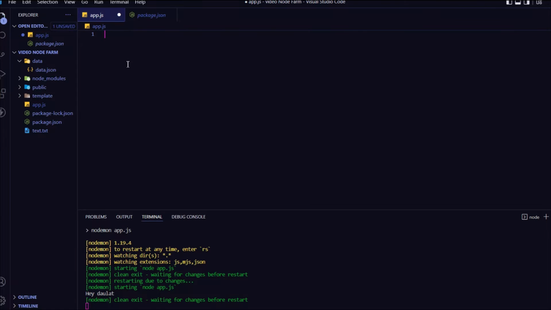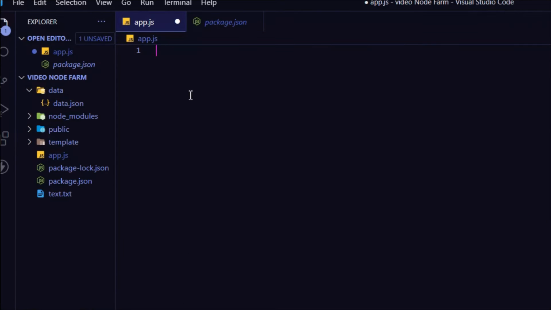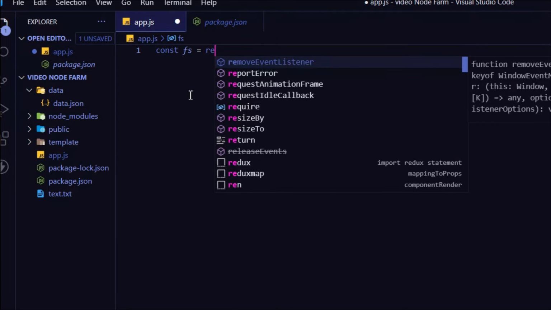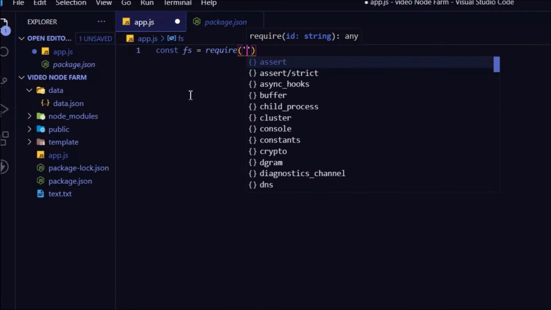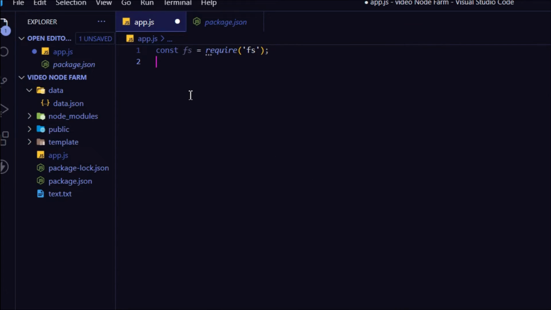So these are the modules we need for this project. Let's quickly import all the modules from Node. I'll type const fs = require, and this is going to be the fs module. If everything is going out of your head right this moment, just follow along with me. It will all make a lot of sense when you find out how we are using these modules